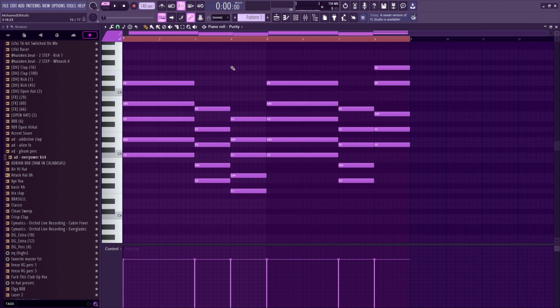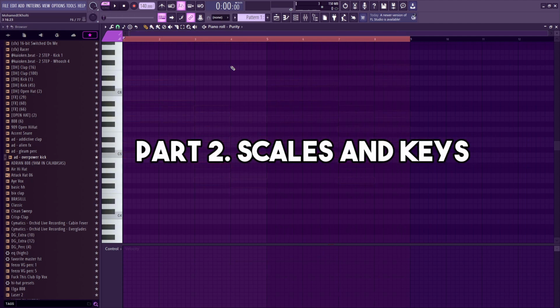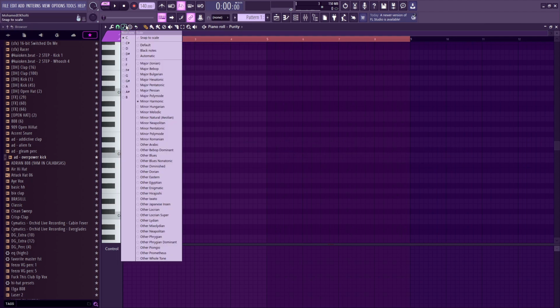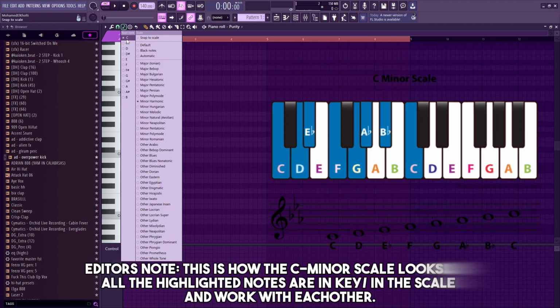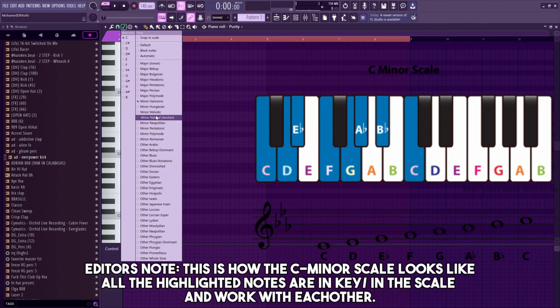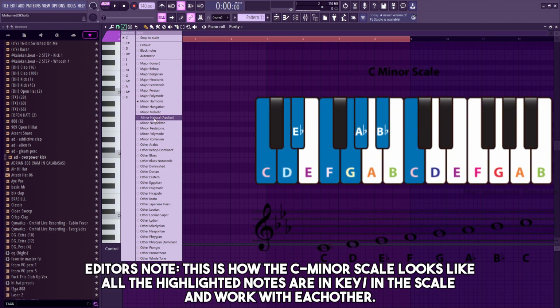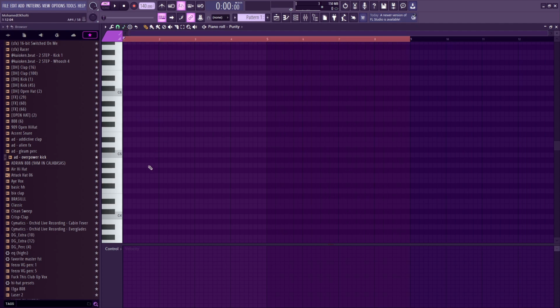So that's the first part of this tutorial, just understanding what a chord progression is, and how to get them together. Now on to the second part of the tutorial, the scales. See, for many producers out there, we talk about keys. What is meant by a key is, let's say right here FL Studio has this very nice knob, this music note. If you right click on it and then say C, and we know we're working in the minor as of right now, and say minor natural Aeolian, and then you press it,